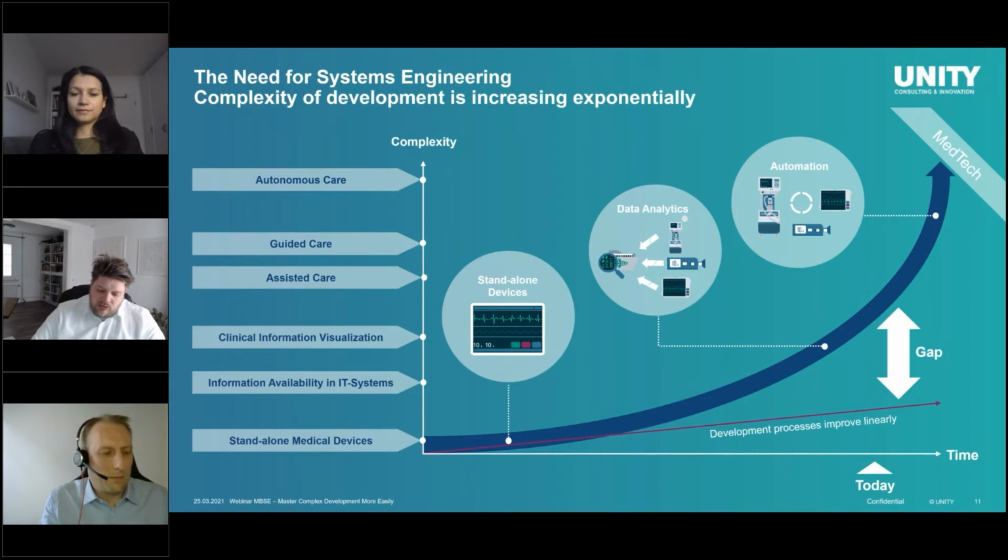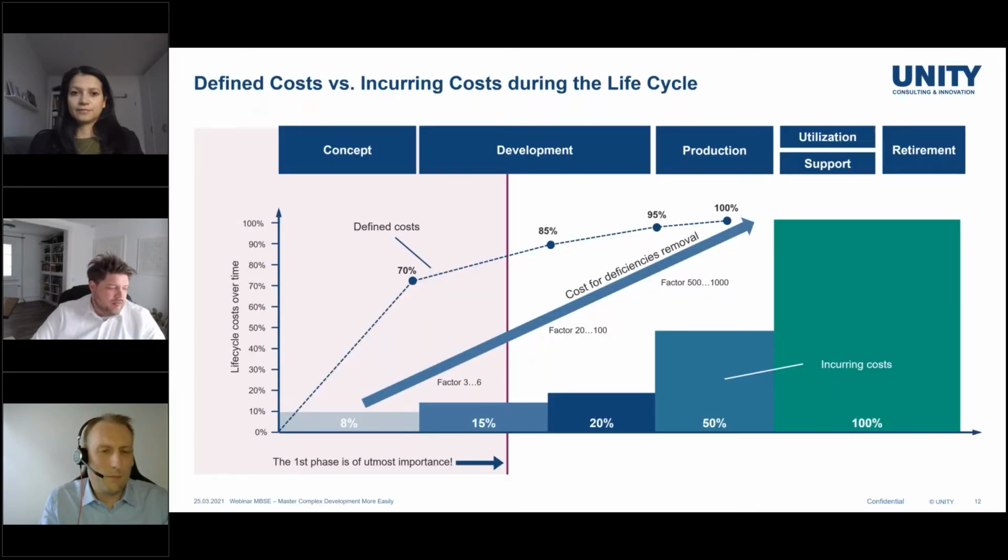As far as systems engineering is concerned, what we always like to point out, one of the main emphasis on systems engineering is so-called front loading, and the slide that I usually use to explain why front loading is very useful is this one. Essentially these are two curves which depict the defined costs. So the costs you are essentially defining for your product, what the shape, so architecture, shape, requirements, and so on, versus the cost you're incurring when you're building up prototypes and building up the system in production and so on.